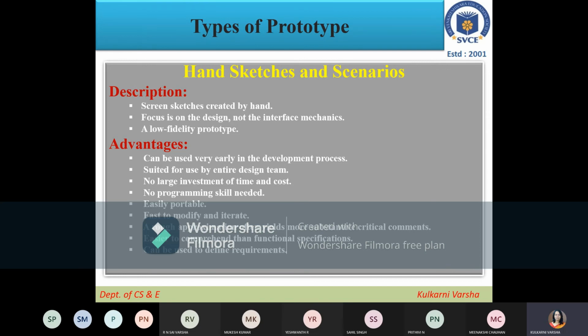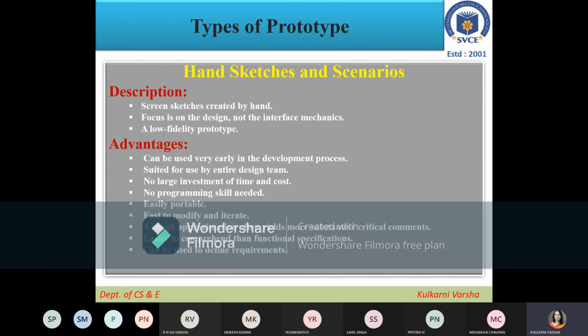And it can be used to define the requirements, because when you work on the first hand sketch, from that time you will get, okay, for this particular screen, if you are designing like this, then we need data from this, and for this particular object, we need data for this particular object.